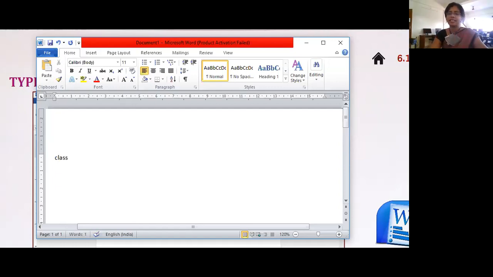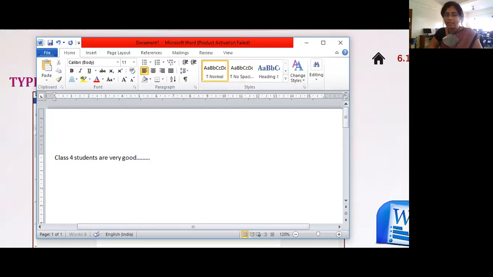LASS. So it starts getting typed. It's just like how you type a message on your system. So, class 4 students are very good. Yes, it is as simple as that.